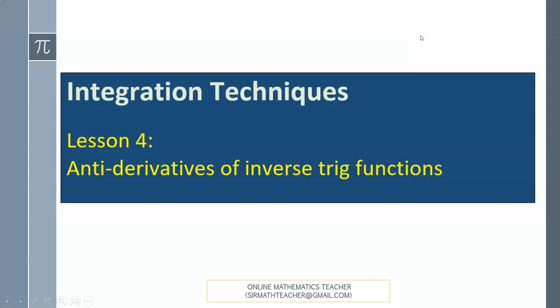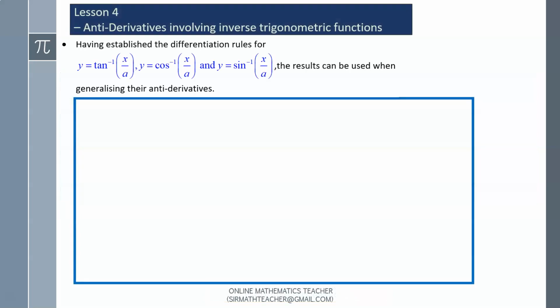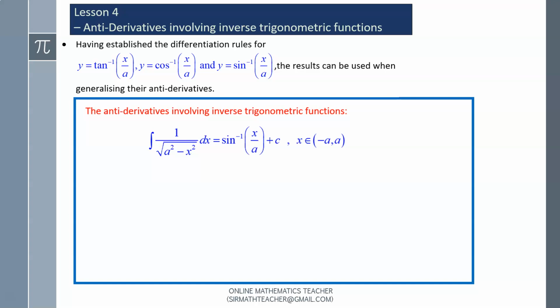Integration techniques, lesson 4, the antiderivative of inverse trig functions. Having established the differentiation rules for inverse tan, inverse cos, and inverse sine, the results can be used when generalizing the antiderivatives. The antiderivatives involving inverse trigonometric functions are, when we see the integral of 1 over the square root